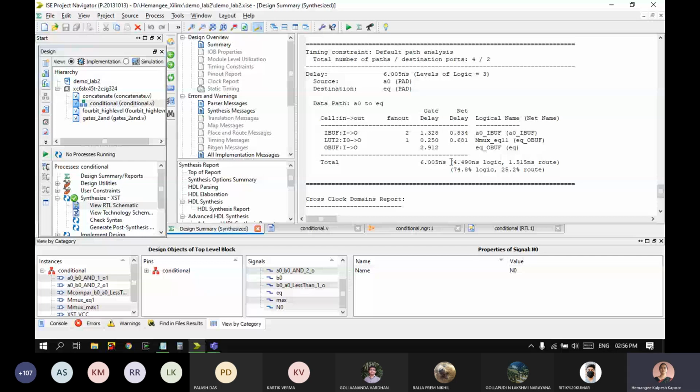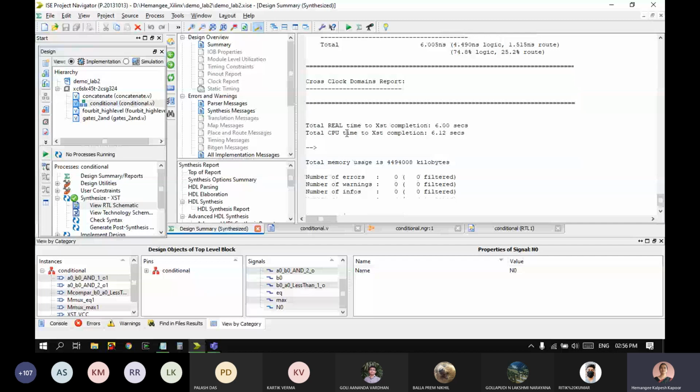Okay, and then this is your normal execution time. This is 6 seconds, which is how much time my PC required to do this execution, and this 6 nanoseconds is the predicted execution time of the circuit, and this 6 seconds is the time it took to synthesize the design. All right, so this was a demonstration of how, in this example, I tried to show you how to read the RTL, how to understand the design circuit and so on.